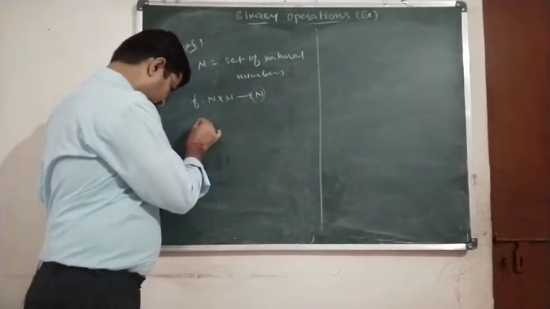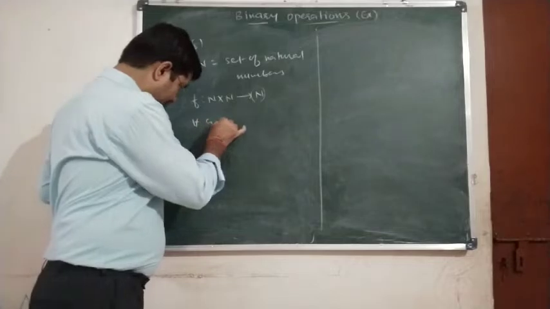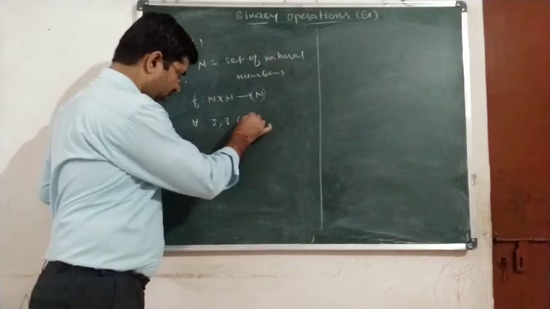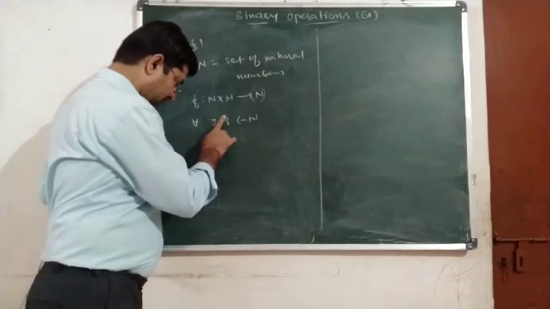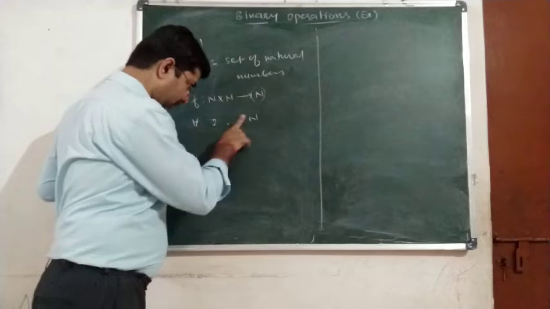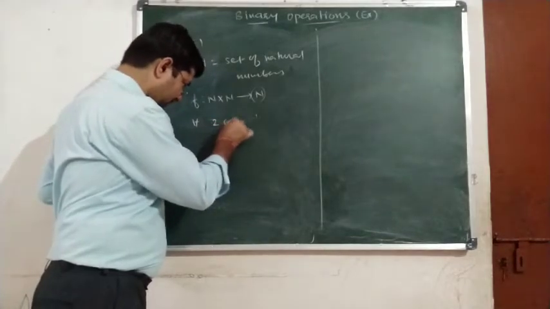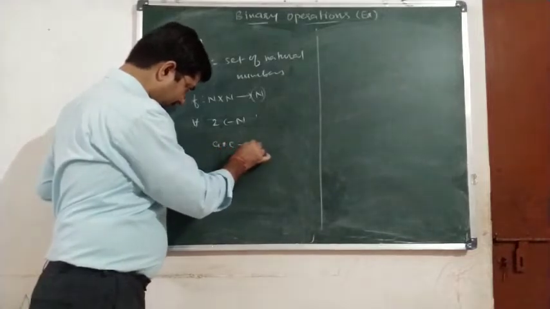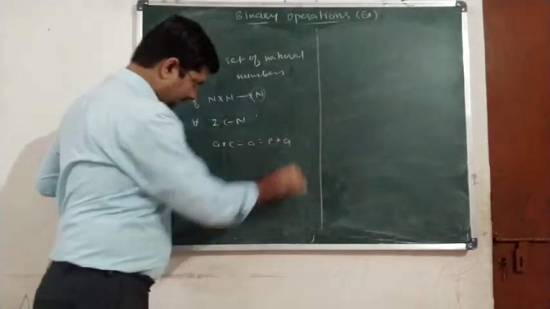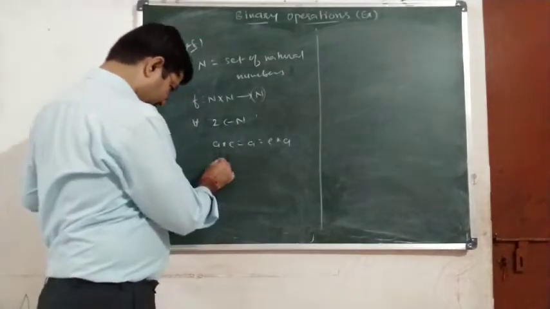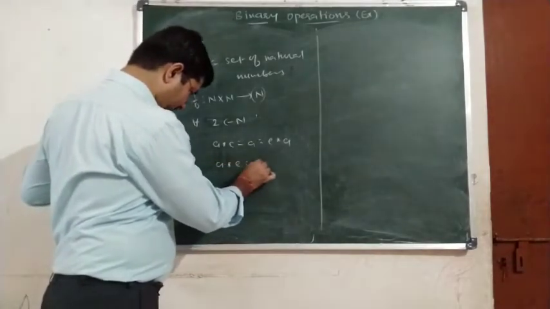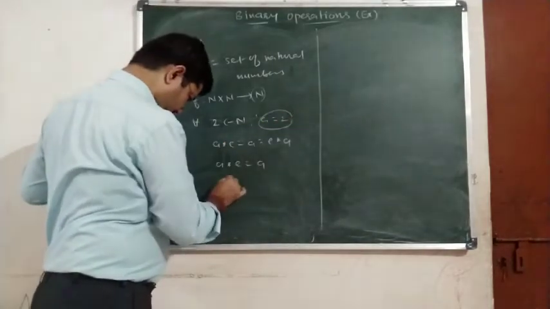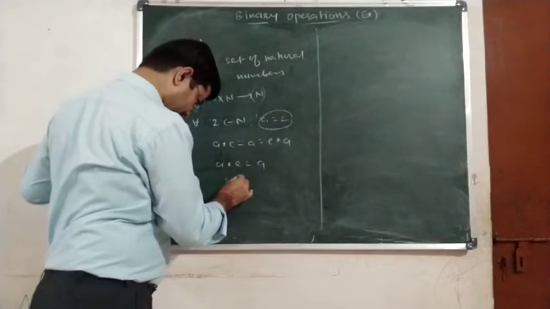See, because for a and b belonging to N, or rather than taking a and b, let us take two examples. 2, 3 belongs to N, we are explaining the identity. Okay, so only one element we will take. For 2 belonging to N, what is the definition? a * e = a = e * a, and therefore a * e = a. Now the value of a is 2 here, and addition we are taking, so 2